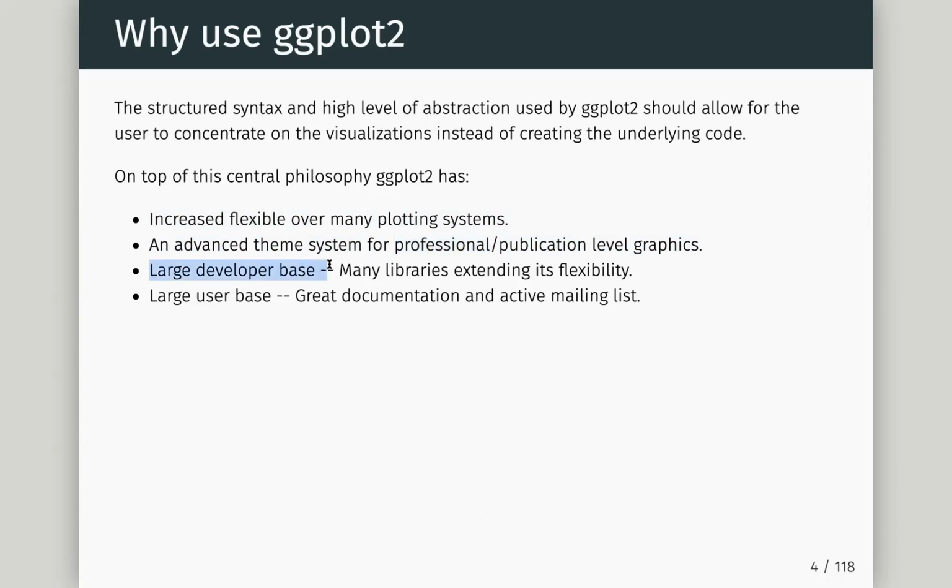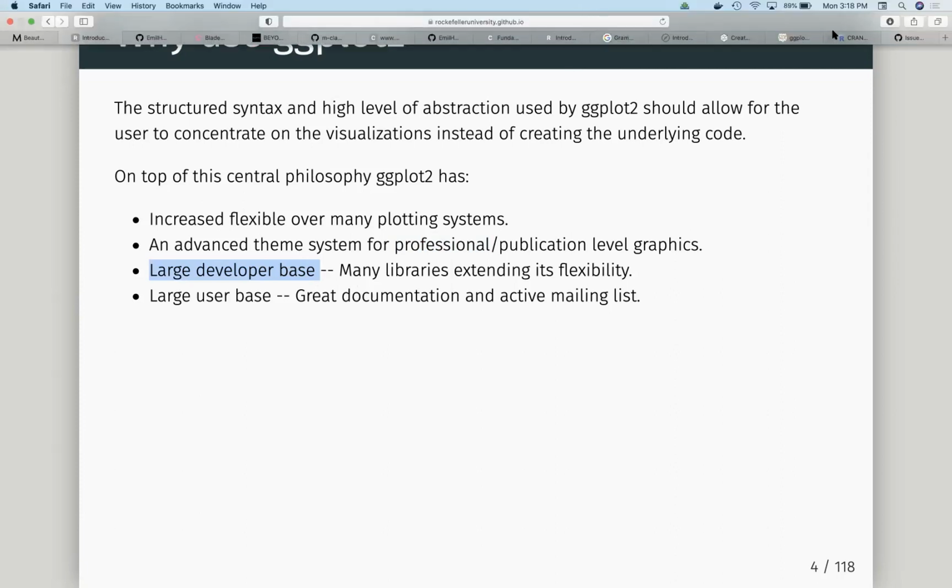It has an incredibly large developer base. That means there are other libraries which build on top of ggplot too, and that includes our library. We write some packages for Bioconductor, very tailored to particular analysis types. We make sure we use ggplot in them because it allows the user to pick up our graphics and apply more modifications and changes to them. To really give you an example of this,